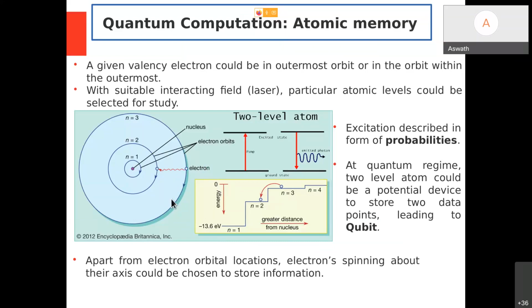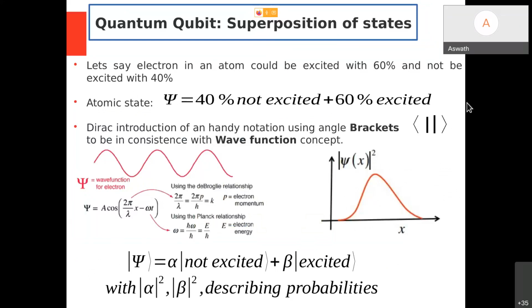Similarly, an electron can have spin. One way of spin is represented as one state, another way of spin as another state. Together, that can create 2 possible states, because at a quantum level, electrons, meaning subatomic particles, always exist in multiple states with some probability. So with upspin it can exist with some 50% and downspin with 50%. Together it is 100%. So those 2 states could be used to realize a quantum qubit with 2 bits stored on it, right? Okay, fine. Let me put that on paper.